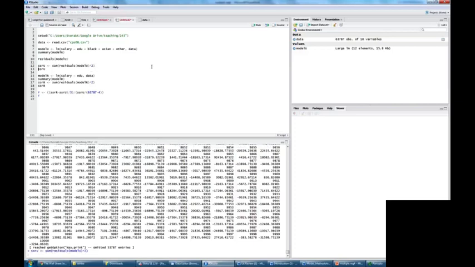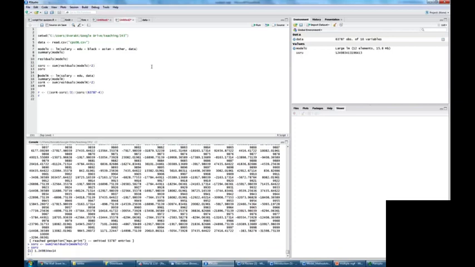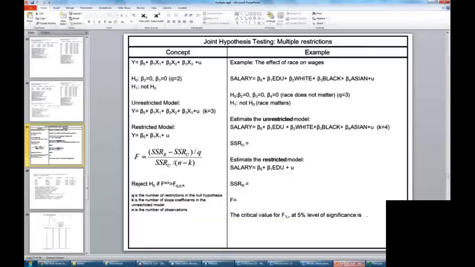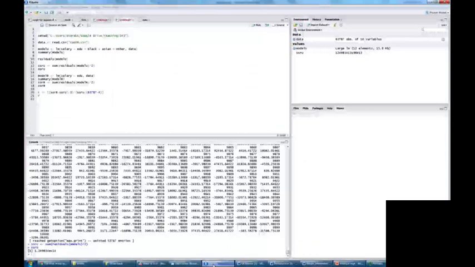If I run this and then print the sum of squared residuals, it's the number that we saw earlier in class today. That's 1.2498 times 10 to the 14th power. So that's the first thing I need. I need the sum of squared residuals from the unrestricted model. I also need the sum of squared residuals from the